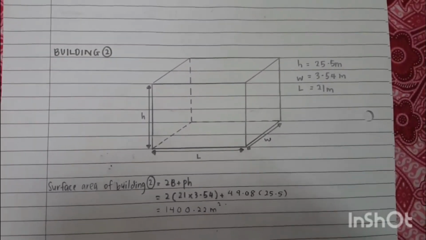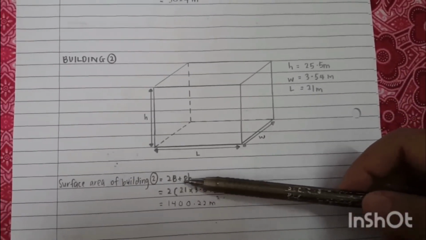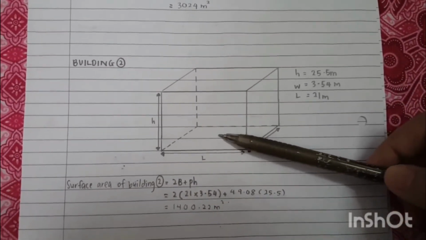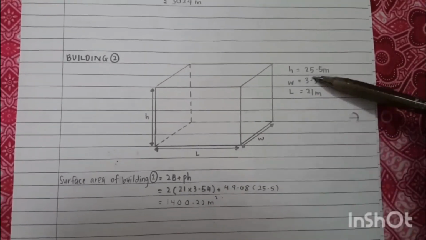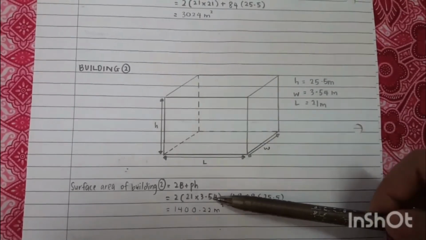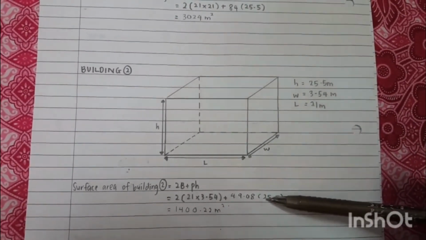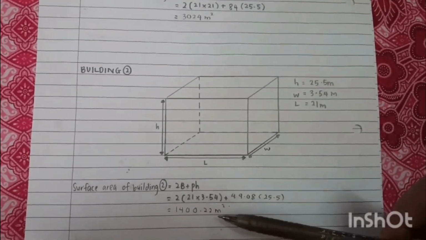Alright, after that we go to building 2. Same formula as building 1, which is 2b plus bh, to find the surface area for this building. Insert the value into the formula: 2 multiplied by 21 multiplied by 3.54, plus 49.08 multiplied by 25.5 meter. Then we got the answer